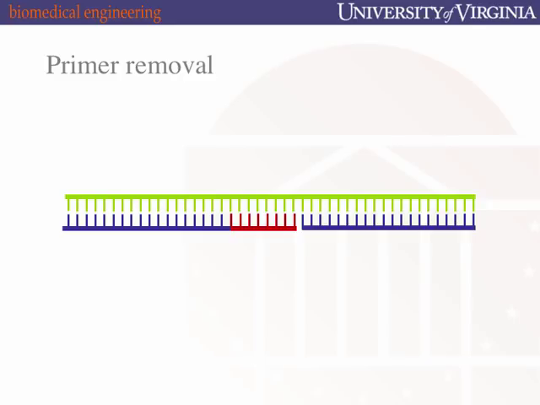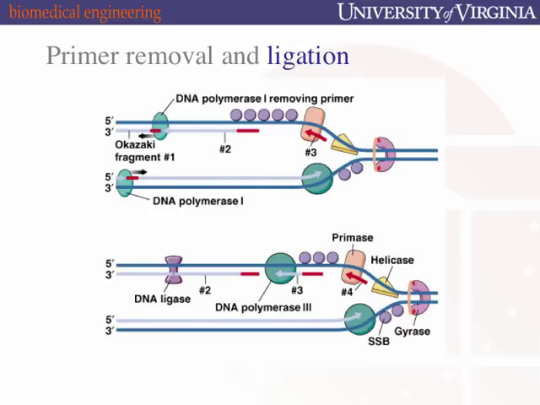Then Pol 1, Pol alpha will come in, bind here, elongate, and remove the RNA primer that's in front of it, and take it all the way up to the end here. The cartoon is a little bit misleading because it actually can't bring together the final two pieces. So as you come to the very end here, you've removed all the primer,